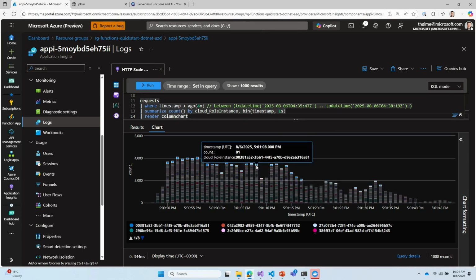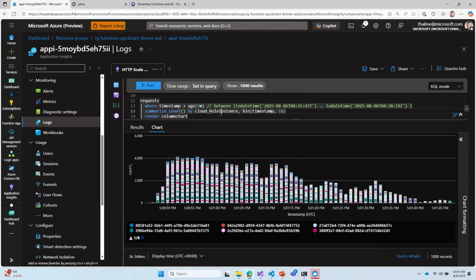So each instance is handling more or less, but within a range of your calls, and then ultimately being able to handle as much as my load testing was sending to it. So that's a quick look at scalability for Flex Consumption with the HTTP trigger.